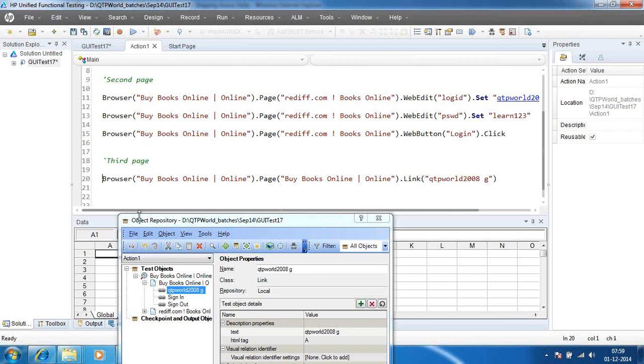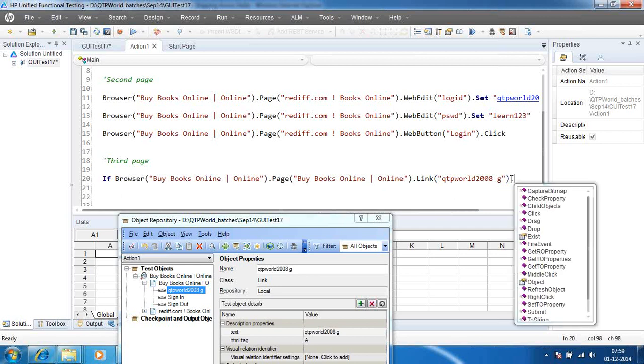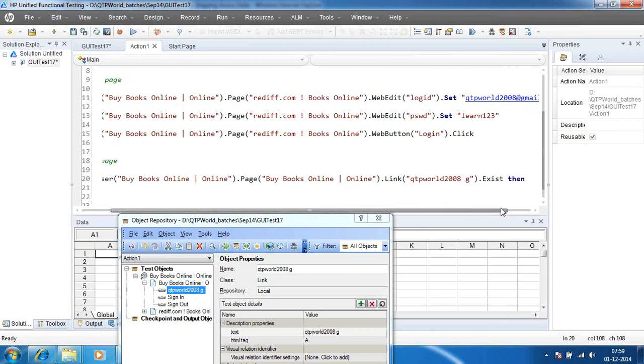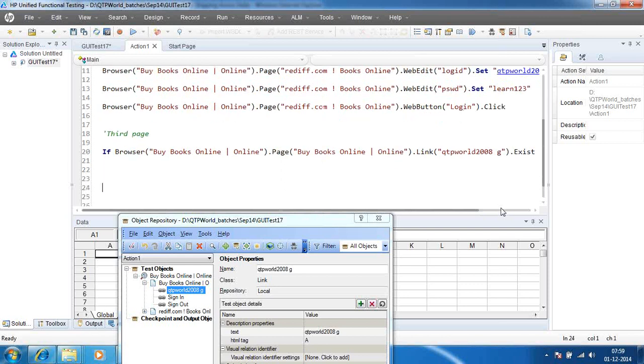Okay, so first and foremost simple VB script which we can learn today is the if condition. Okay, how to write an if condition? I can say if, okay, if starts with if condition, and what I say is I reach this object. Can I say if this exists? If browser page link exists, then is my keyword, then is the syntax. Okay, and if starts and it has a then syntax, and finally it ends with end if. So between these lines of code, what would be the conditions inside, guys? Any guess?